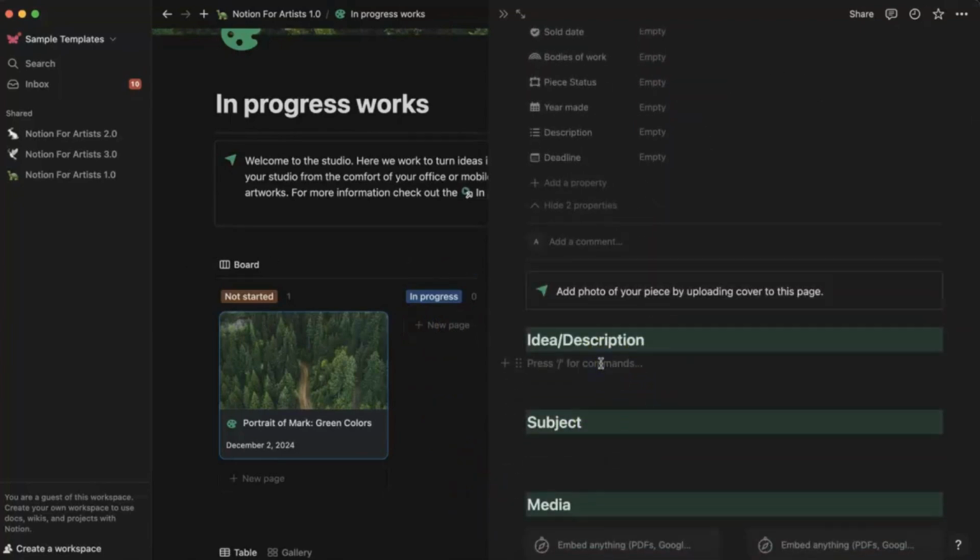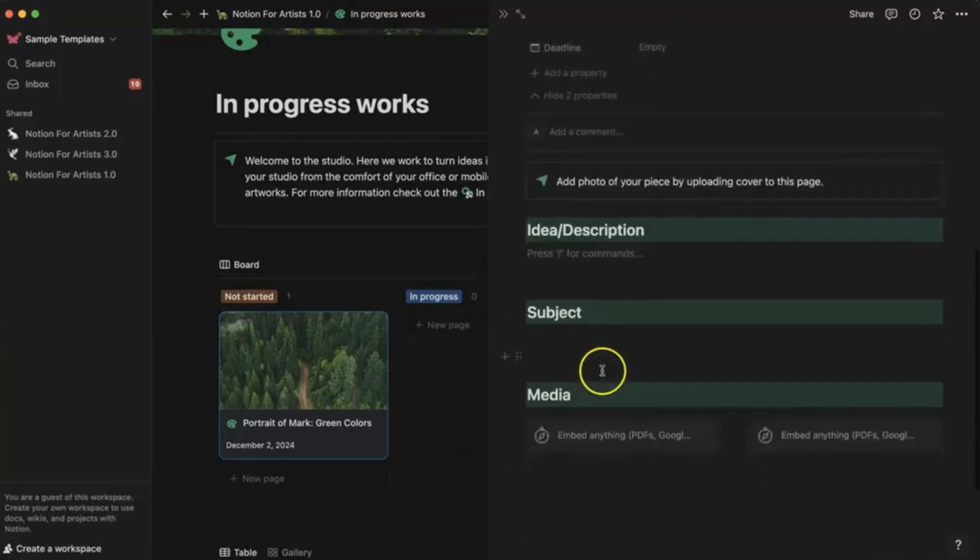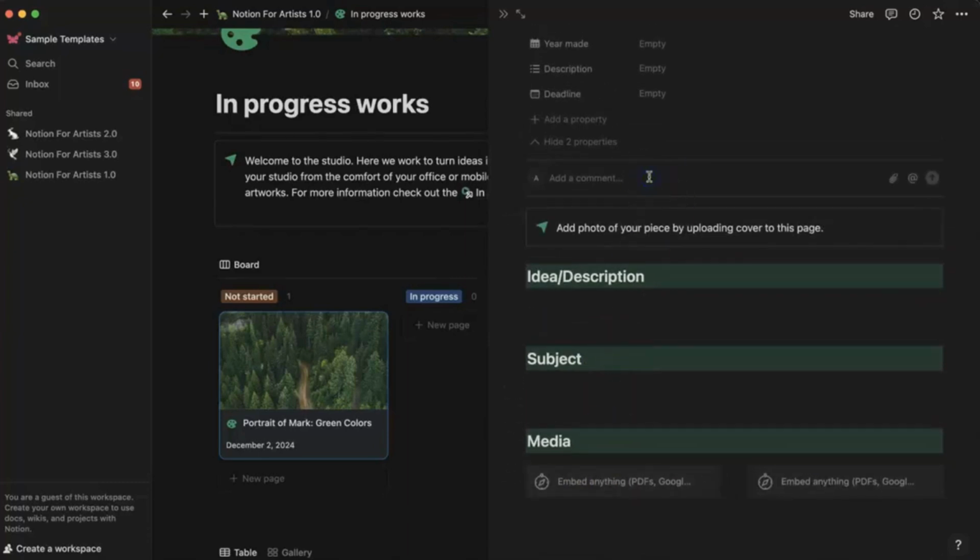Then down here, you can jot down your initial ideas. What's the subject? What's the media? Any reference images you have. And then we have a comment section, which I myself find very helpful. You can attach files. You can mention other people, pages, dates. So if you found a task that's really important, or you wanted to link a tutorial, you can link it here or up here. But my absolute favorite part is I can leave notes to myself to say,